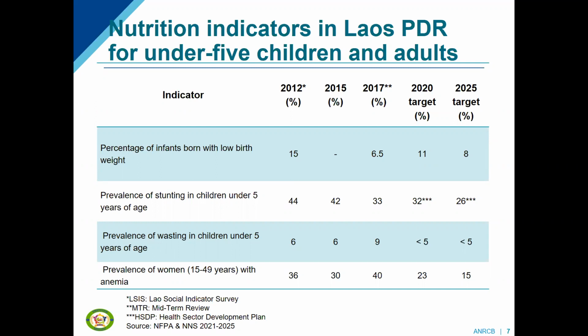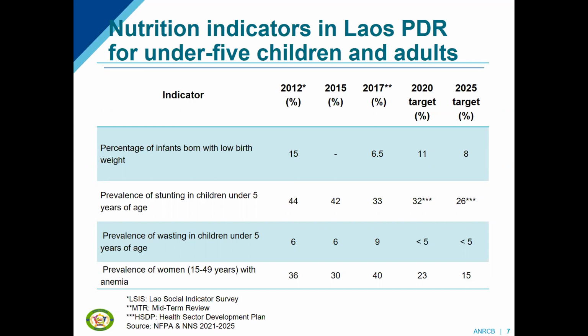The next 2 indicators concern children under the age of 5 years. We're often interested in this age group because they're very nutritionally vulnerable at this period in life. The second indicator you see here regards stunting, which is simply when a child is too short for their age, and it indicates chronic undernutrition. We can see from the numbers that rapid progress has been achieved in Laos for stunting in young children. However, in 2017, 1 in 3 children were still stunted, showing that there is more work to be done.